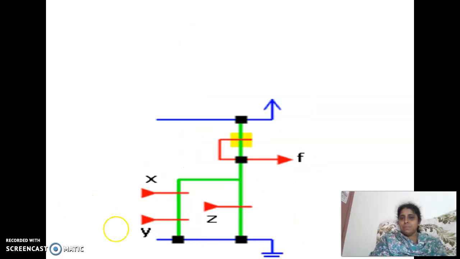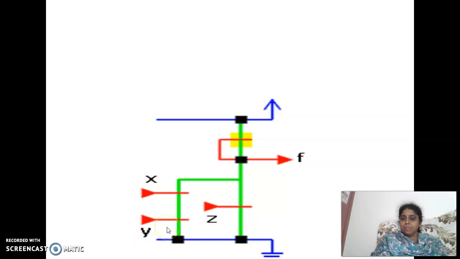So this is for some function. If you understood the previous concepts, you should be able to say what this function F is representing. Basically it is an inverter. So F is equal to xy. If you see in line these two, xy, this is a parallel connection, xy plus z whole bar. NMOS is an inverter, CMOS is an inverter, BiCMOS is an inverter, so definitely the bar should be there. So F is equal to xy plus z whole bar.